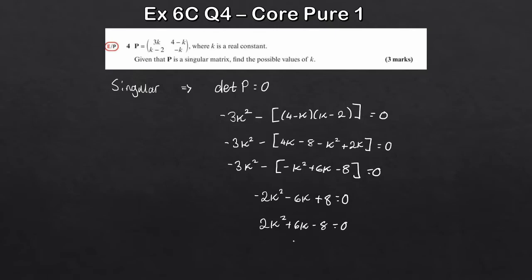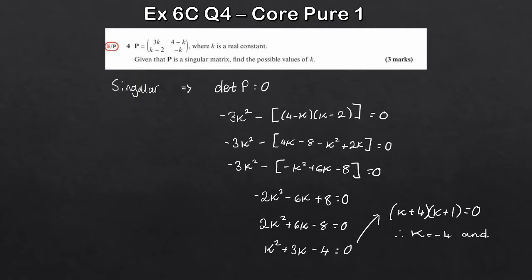And I can actually divide through by 2 as well in the next line here, so that would be k squared plus 3k minus 4, still equal to 0. And now this is just a really basic quadratic that you've got to factorise. So for your GCSE maths, nice and easy, that'll give me k plus 4 and k minus 1. So this is still equal to 0. So therefore, we can now just easily work out the values of k. So k is going to be equal to minus 4 and